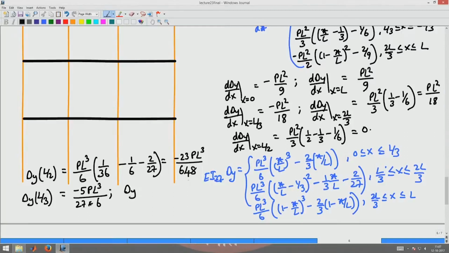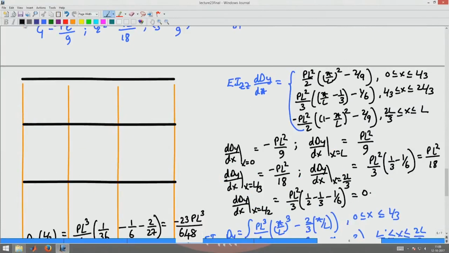Similarly, delta y at 2L by 3, substituting in either equation, you will get again minus 5 PL cube by 27 into 6. Okay. So now let us draw the deflected shape for this beam subjected to 2 point loads P